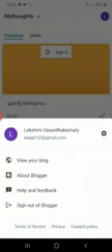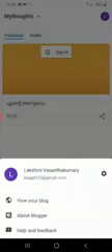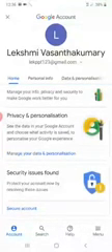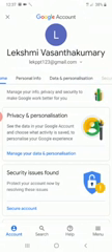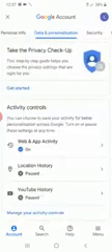Then, if you don't want to keep your blog and you want to delete it, how will you delete it? For that, you have to click on your account. Then it will appear like manage your Google account. Click on that. Then this screen will appear. You click on data and personalization.